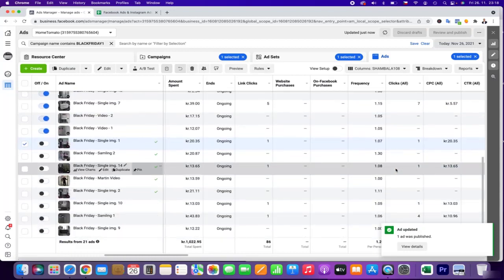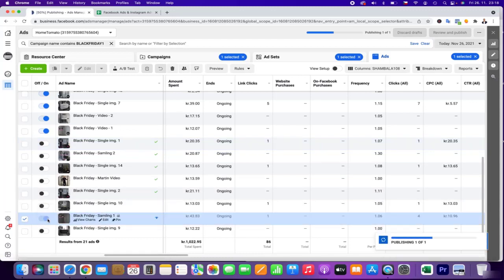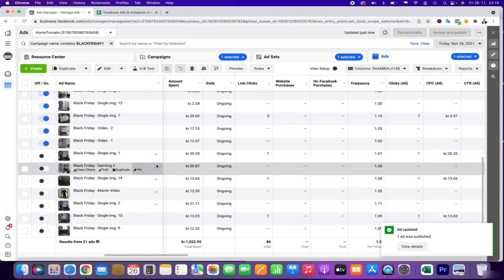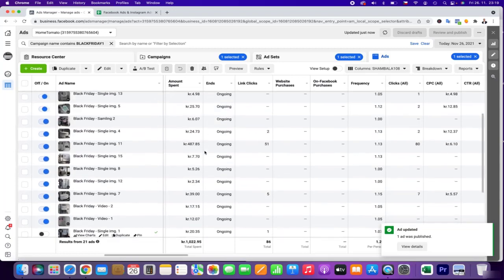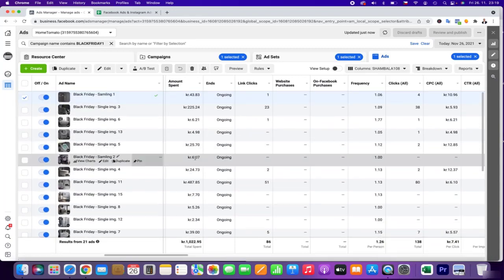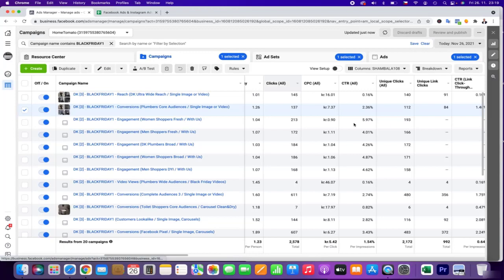I did already turn off some of these. This is quite okay, I can see, so this I will keep active. Because sometimes I can see the data backwards, so it's good to have a look backward, but definitely I'm not sure to use when the link click gets really expensive.